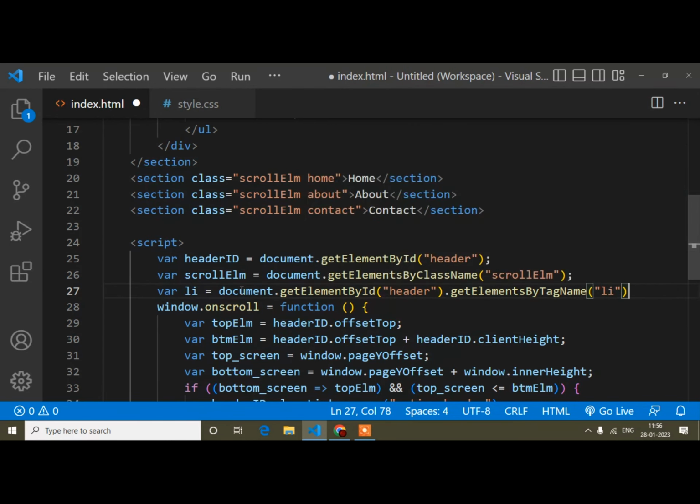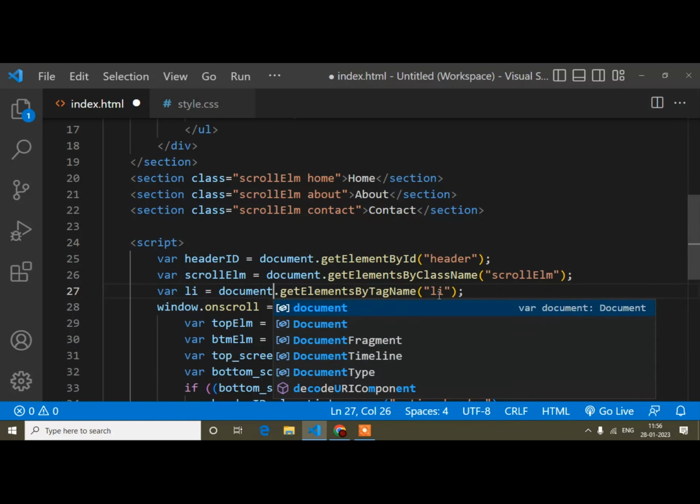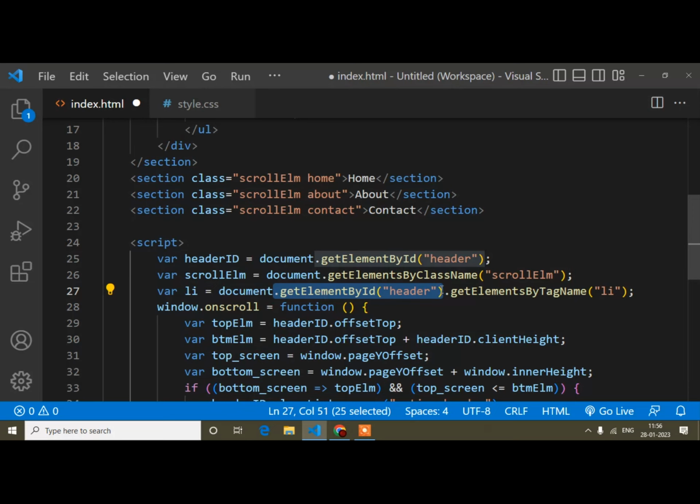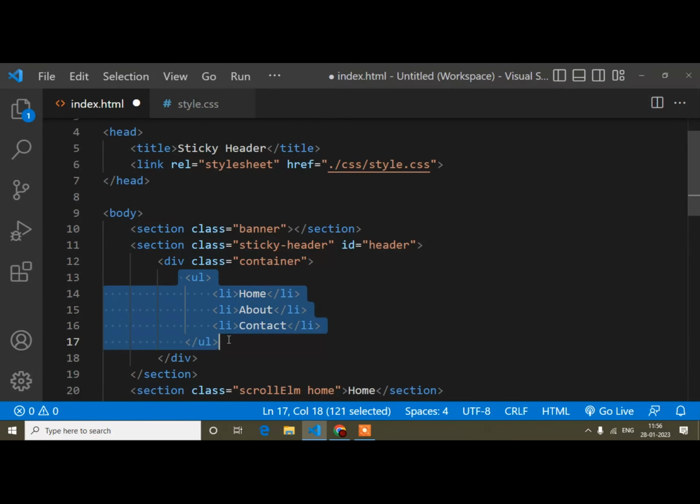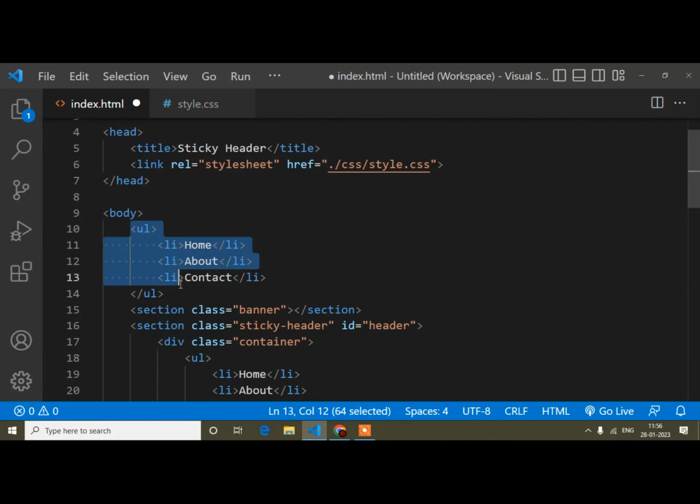So why have I written it like this? I could have written it the other way also, okay? But I have taken first header then the li tag, because suppose this ul li is a common tag, right? So it can be used elsewhere for making other designs. I have written the ul li tag here.